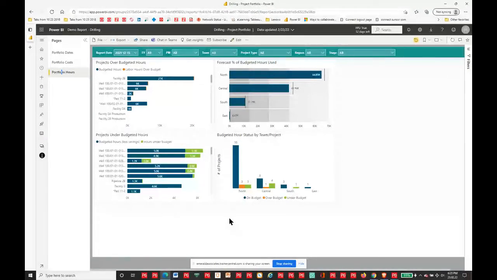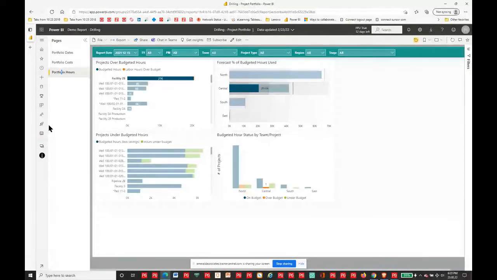Now, what I'm looking for before I go to the next meeting on this facility 2B project, what I want to know is it's over budget. But what else is going on here? So it is over budget. I can hover over the end and I can see as of this most current snapshot, I'm 120 hours over budget. Now, if I click on that project to select it, you'll see something else happen, which I find really